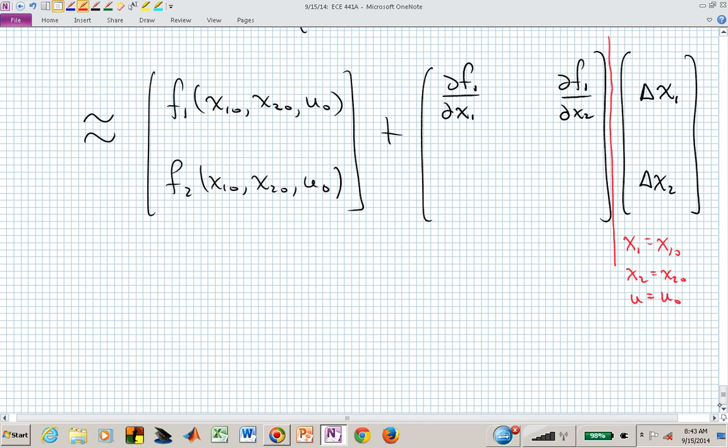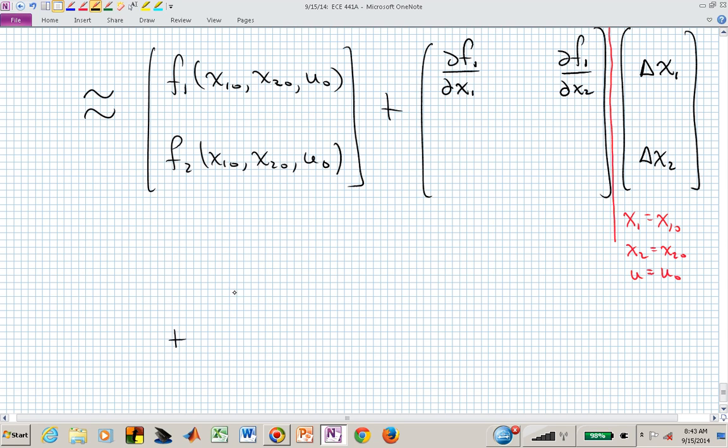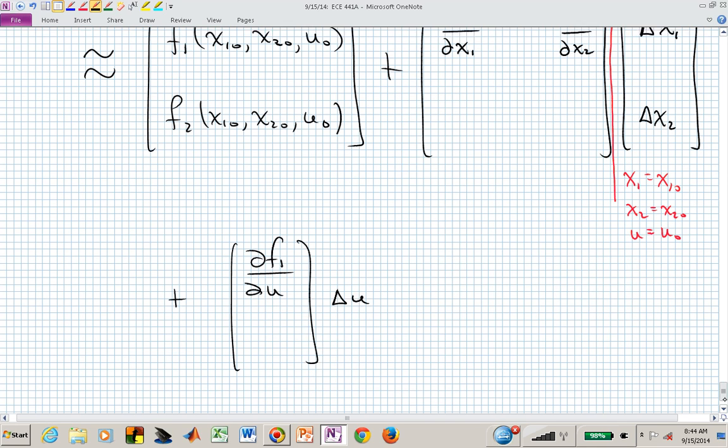We also need, so this is supposed to be going on to the right-hand side, but I don't think your paper is infinitely wide like mine could be. But I won't do that. I'll just do it below. Now I have the partial of f1 with respect to the input, u, times delta u. And again, this has to be